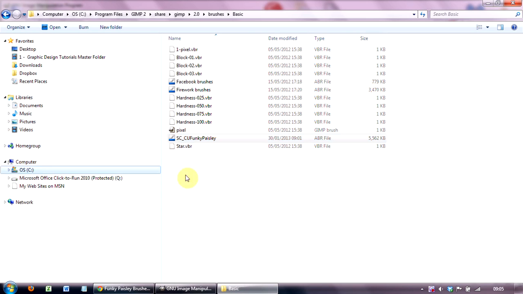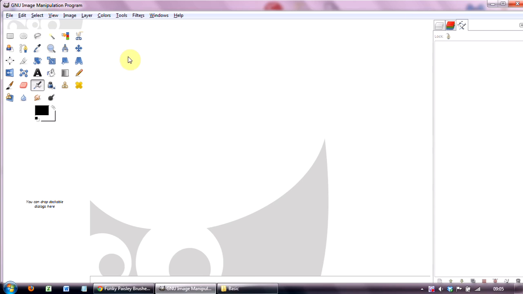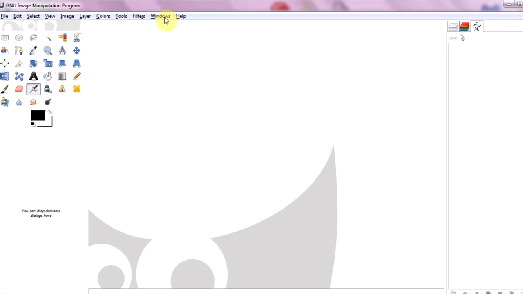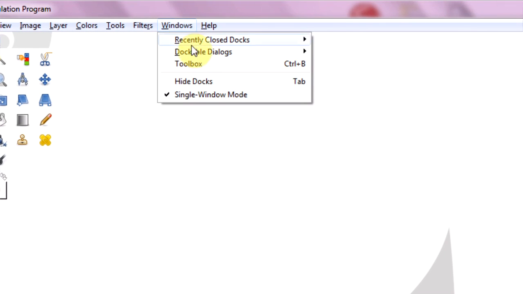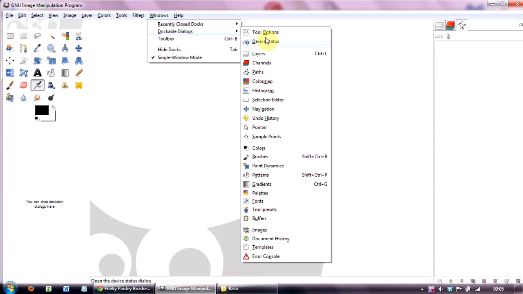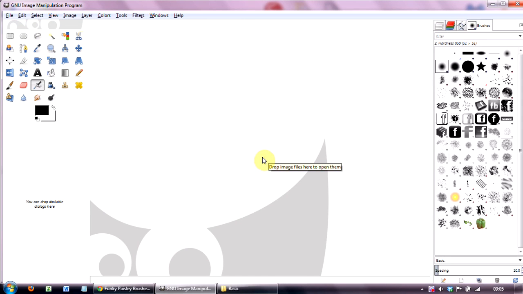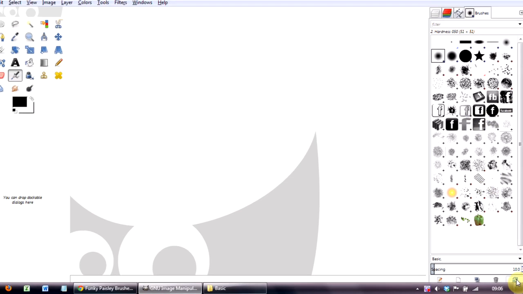Okay, so let's go back up here to GIMP. So that now has uploaded brushes into GIMP, but let's just check that out. A couple of ways to do this, but first of all we want to show the brushes folder, so let's go to Windows, Dockable Dialogs, and here are the various functions, and I'm going to go down to brushes and click that. Now then, this is highlighting all the different brushes that I've got, and you can see there doesn't seem to be any Paisley brushes there, and that is because,